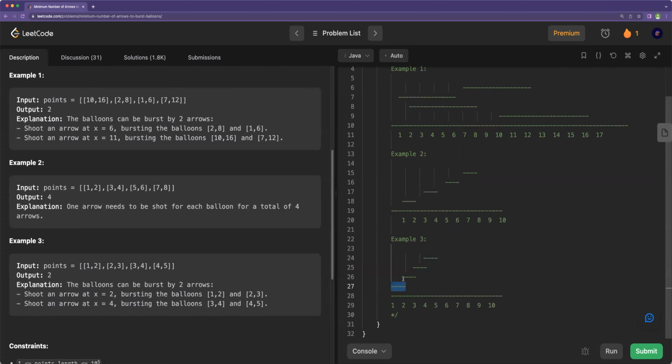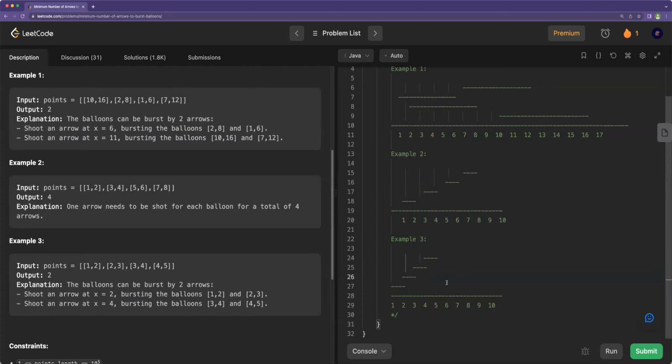If 1, 2 and 2, 3 are overlapping at 2, so we merge these two intervals, and then we consider everything as a single interval. And we go here, and we try to merge these two intervals with this interval. Then we see there is an overlapping at 3, so we try to merge this interval with these two intervals, and all the three intervals will become a single interval, and all the three can be considered as a